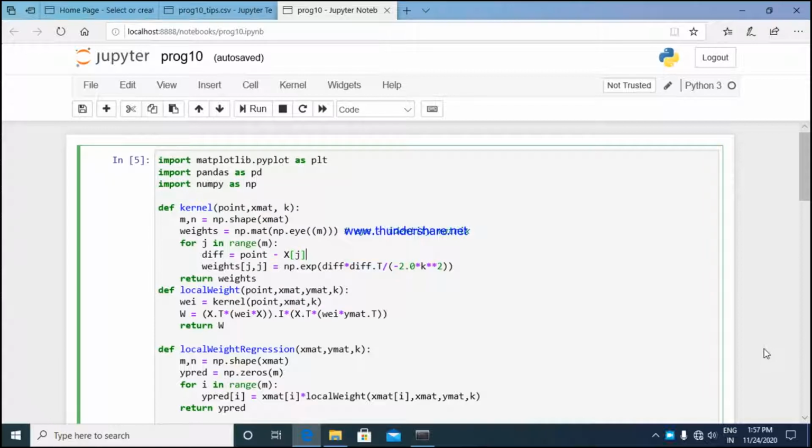Good morning, students. I'll be explaining the 10th lab program, which is to implement the non-parametric locally weighted regression algorithm in order to fit data points. Select an appropriate data set for your experiment and draw the graph. In this algorithm we are mainly working on the locally weighted regression algorithm, which we have already spoken about in class.